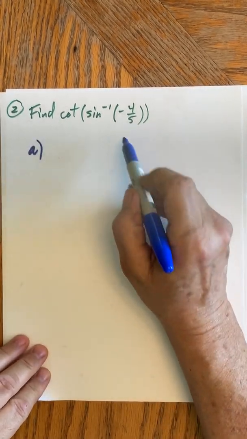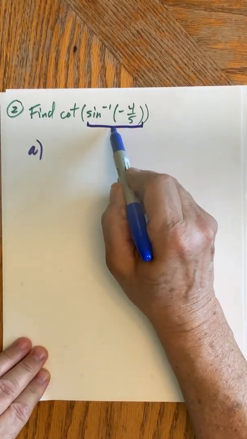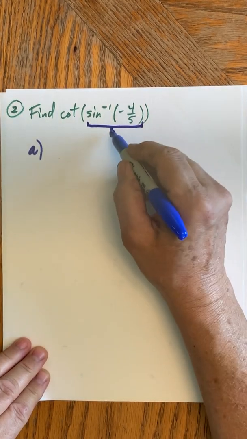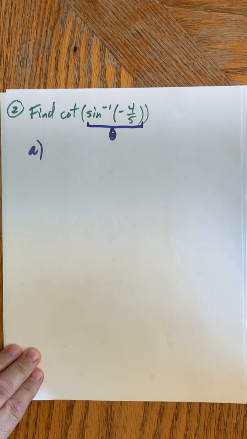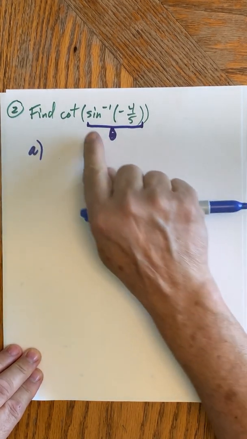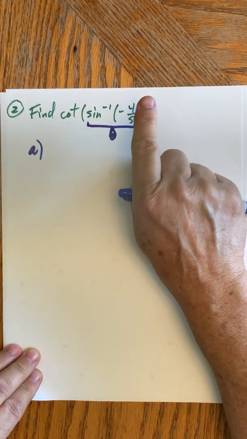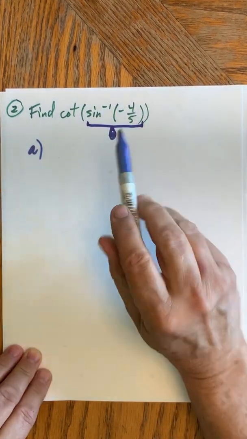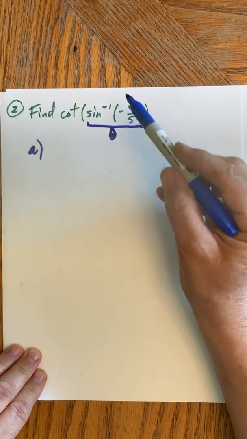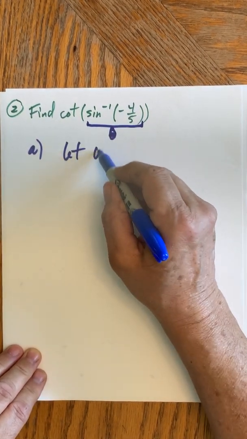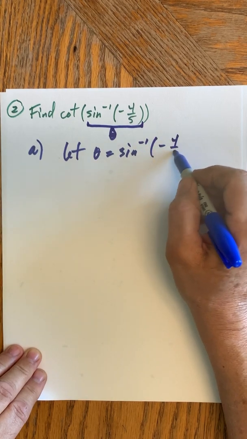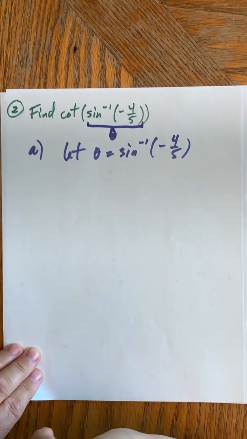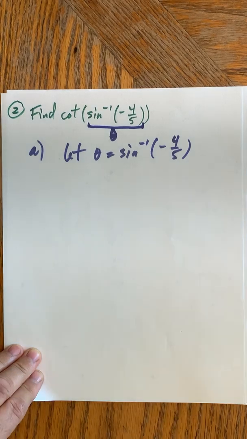A. So this here is essentially an angle, theta. Because remember, for a regular trig function, in comes an angle, out comes a ratio or a number. So it gets switched for an inverse trig function. In comes a number, out comes an angle. So the answer to this is an angle. So I'm going to say let theta be inverse sine of -4/5. Okay. Now, part B,